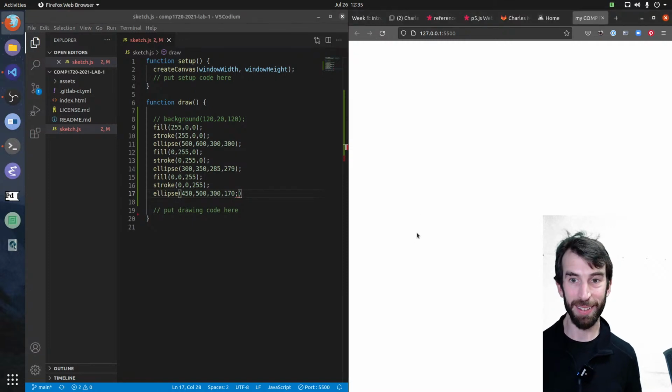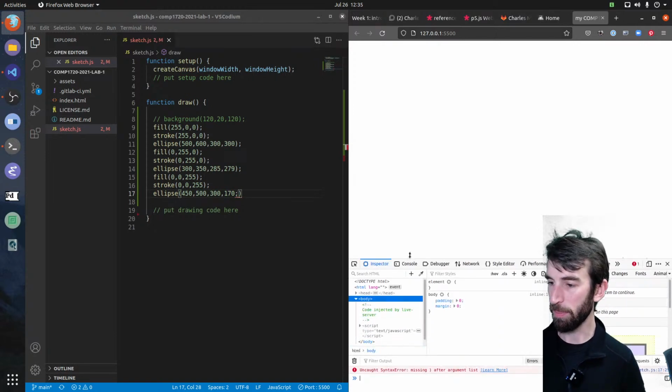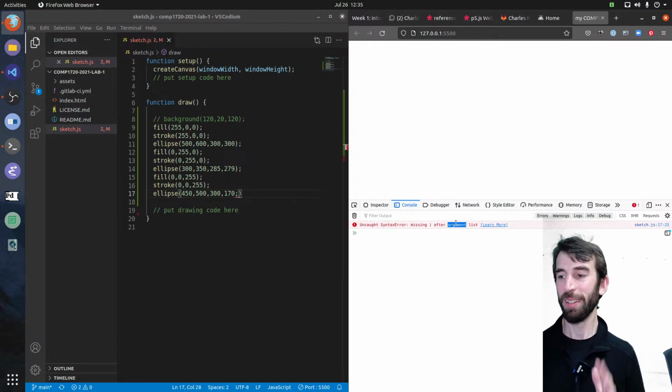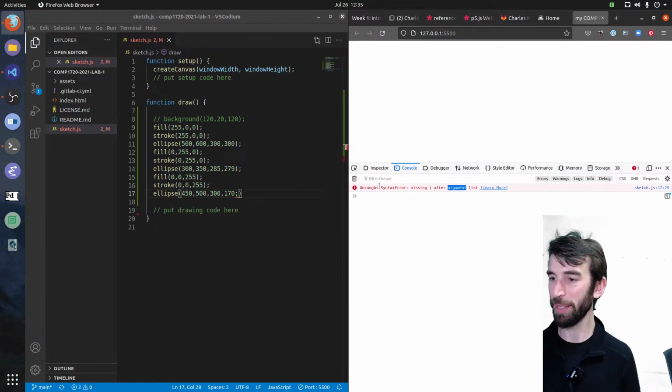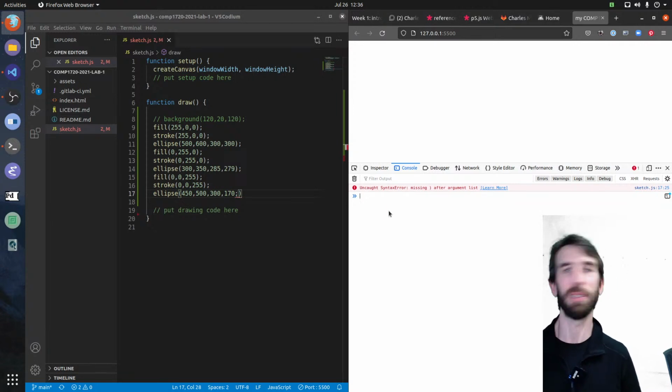And I get nothing. Now I'm going to get that special window open called the console, which gives you information about what's happened. I press Control-Shift-I, and now I'm going to press console. And it says, uncaught syntax error: missing parentheses after argument list. I know it might seem scary. This is very small for you, probably, but the red exclamation mark and the red text might seem very scary, like the computer's angry with you. It's actually not angry with you. It's more angry with itself that it can't sort this out.